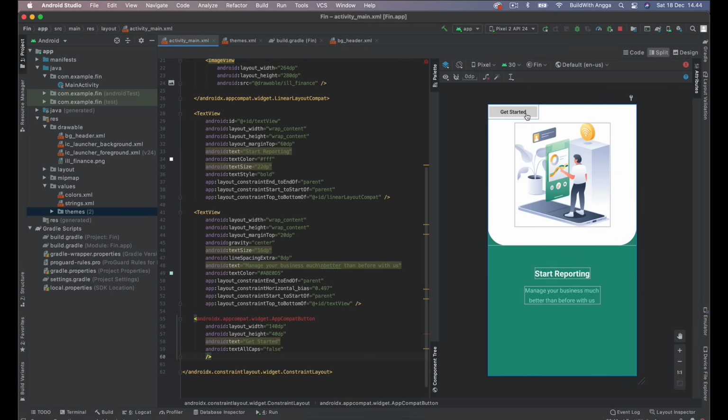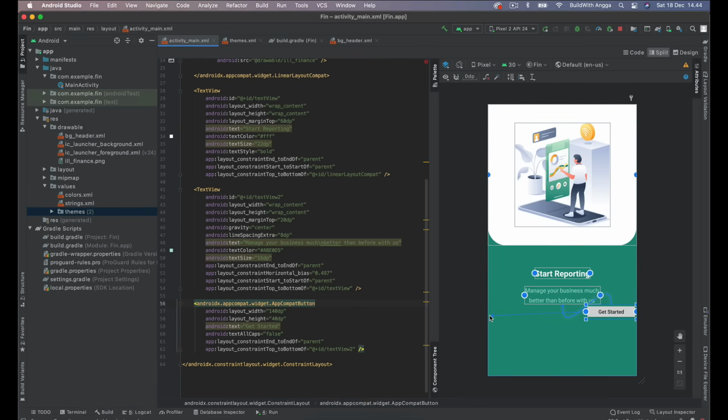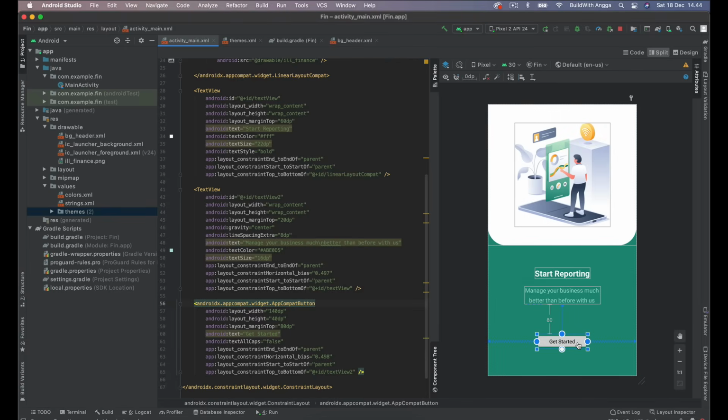Okay, and then we need to put below of this paragraph, it will be our CTA, call to action. Yeah, this is too far. Maybe we just need to set 60 for the margin top.